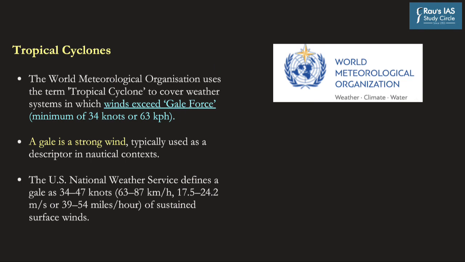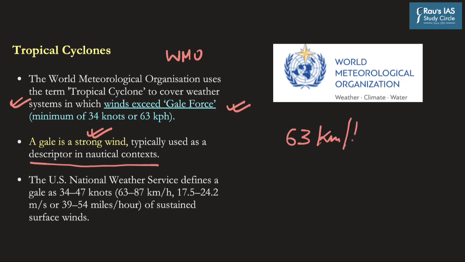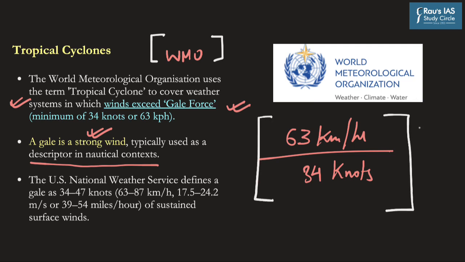Now another important aspect regarding tropical cyclones is that the World Meteorological Organization, that is WMO, uses the term tropical cyclone to cover weather systems in which wind exceeds gale force. Here gale force has been described as a strong wind, typically used as a descriptor in nautical context, and the speed of the wind is minimum 63 kilometers per hour or 34 knots. So according to WMO, the term tropical cyclone is used to cover such weather systems in which winds exceed the gale force, that is, such winds which exceed this particular speed, 63 kilometers